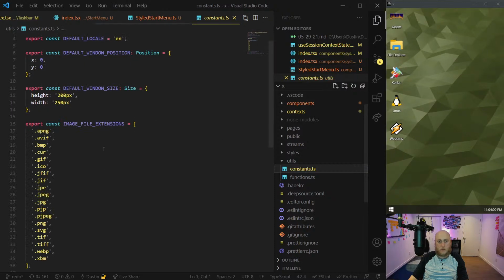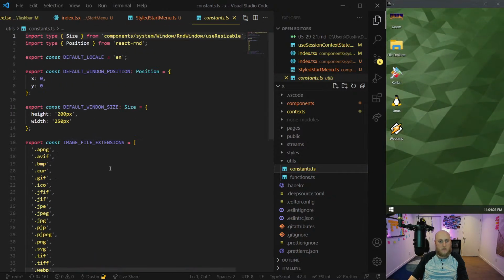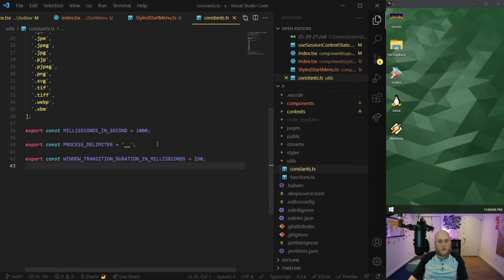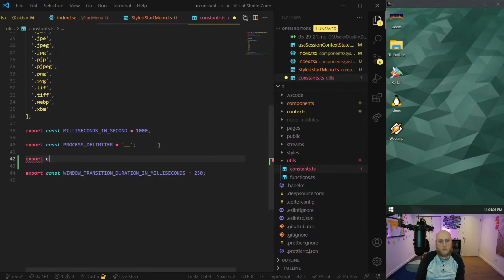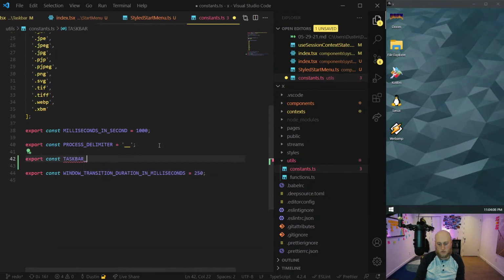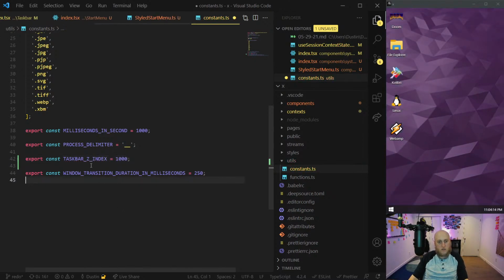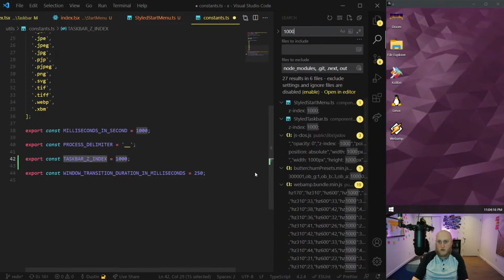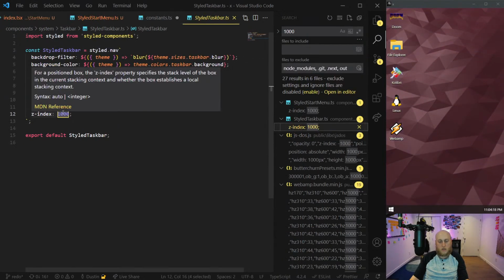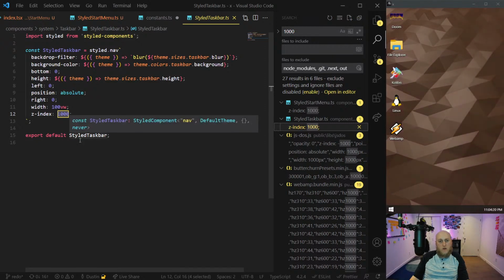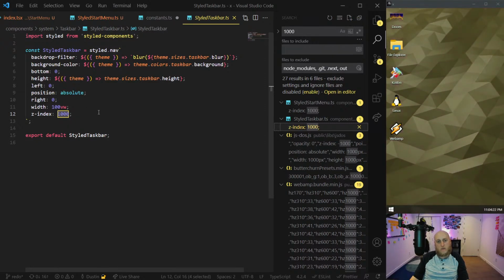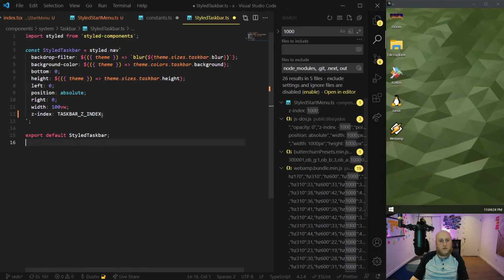So in utils constants, let's just call it export const taskbar z-index equals 1,000. There we go. And let's just use that in place of our magic numbers that I don't like. Although at the same time, this is a perfect opportunity to use styled components.